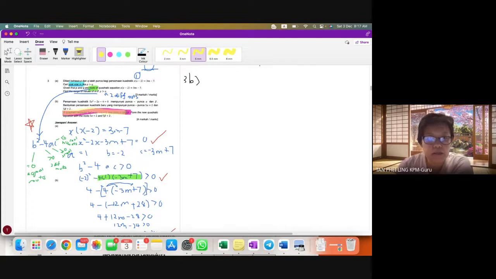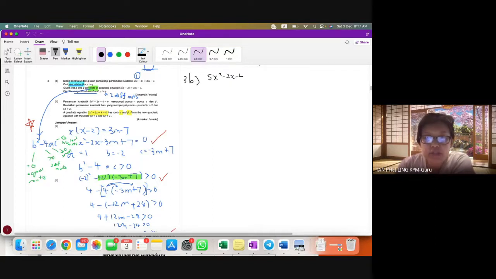All right, so now let's move on. Let's highlight the equation. It says that this one has alpha and beta, which means this one is the old set of roots. Then you have to find the new set of roots. All right, let's start. So for this one, first thing, we know that we have 5x squared minus 2x